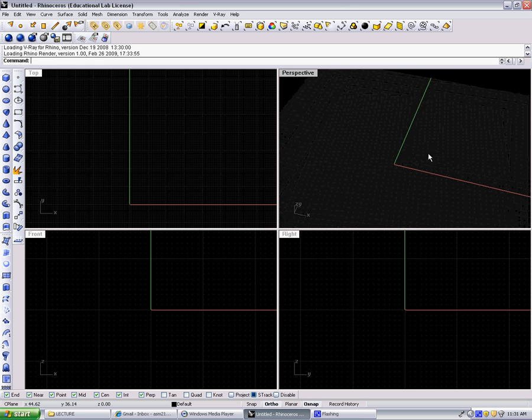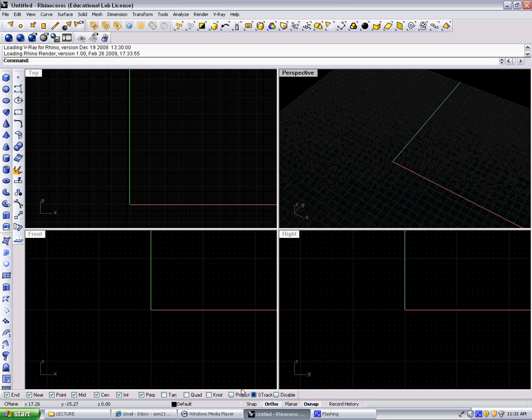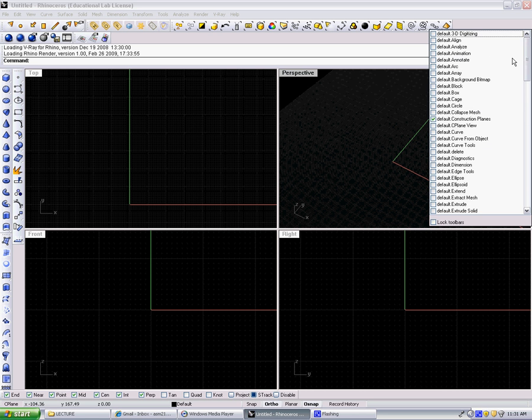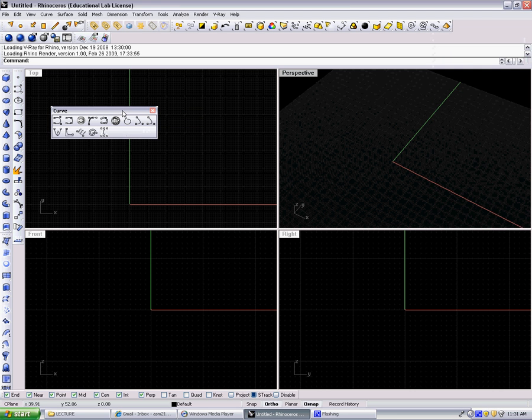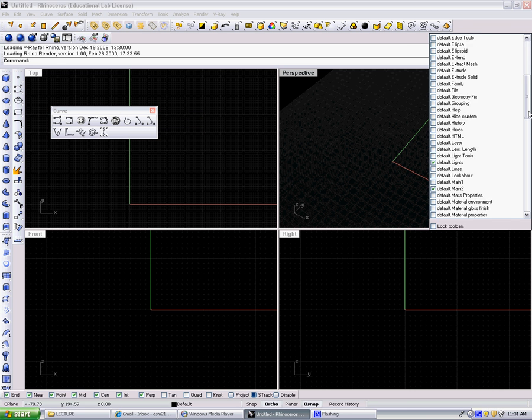Rhino usually has three ways in which you can find the tools. One is through toolbars, as you see over here on the left is the default toolbars. If you go to a part of your toolbars where there aren't any tools and you right-click, then a menu of all the default toolbars emerges. So some popular ones that you would be using is curve, so you can check that and open that up. A surface, you probably want a surface open, so we'll go to surface,